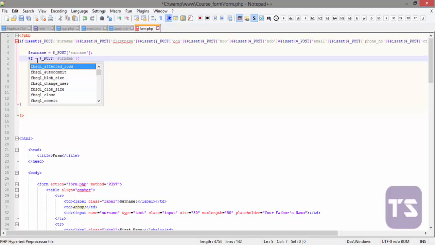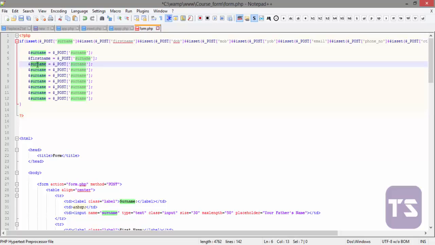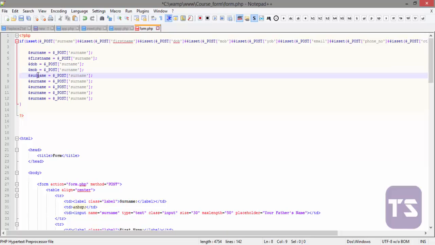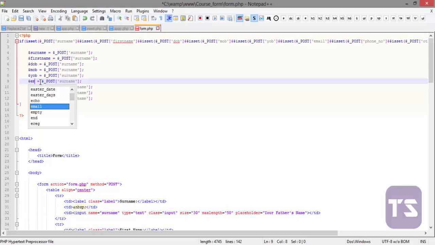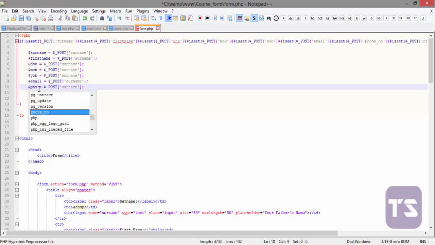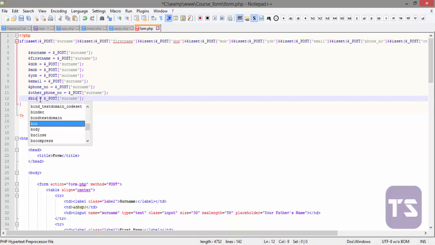So I'm going to change that here. This is first name, and this is DOB. This should be MOB. This should be YOB, and this should be email. This is phone number. This is other phone number, and this is bio. Okay, very easy. I will change this to